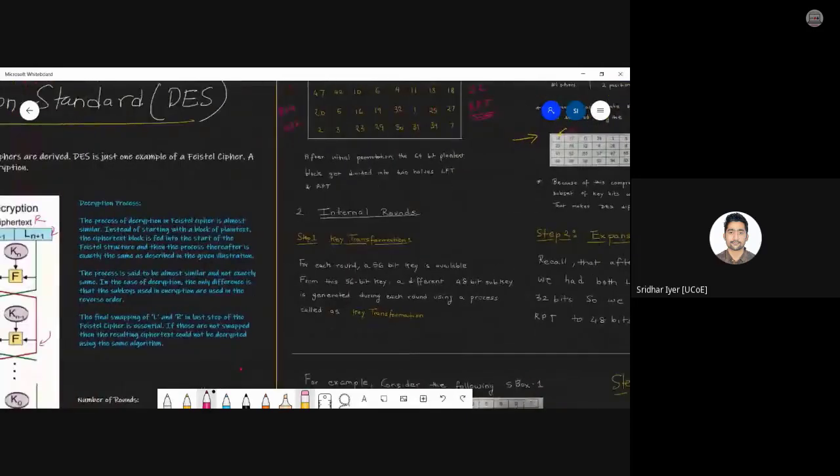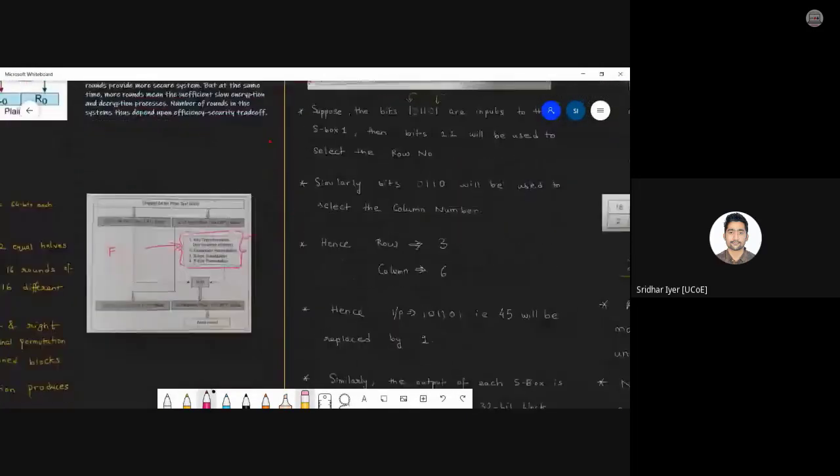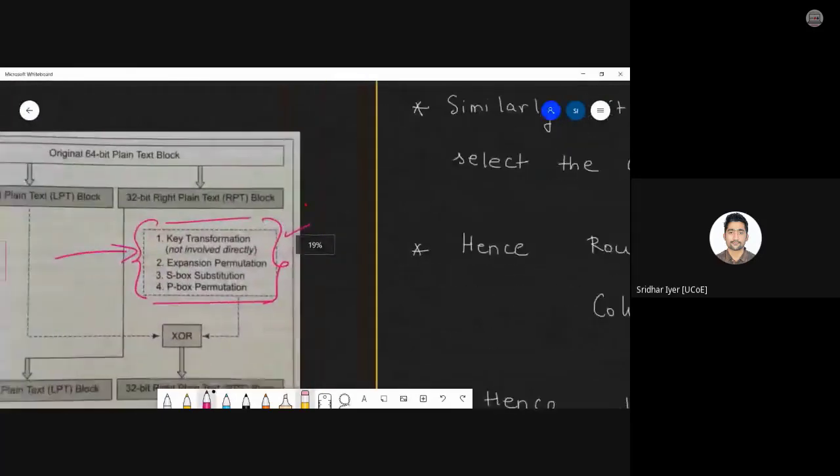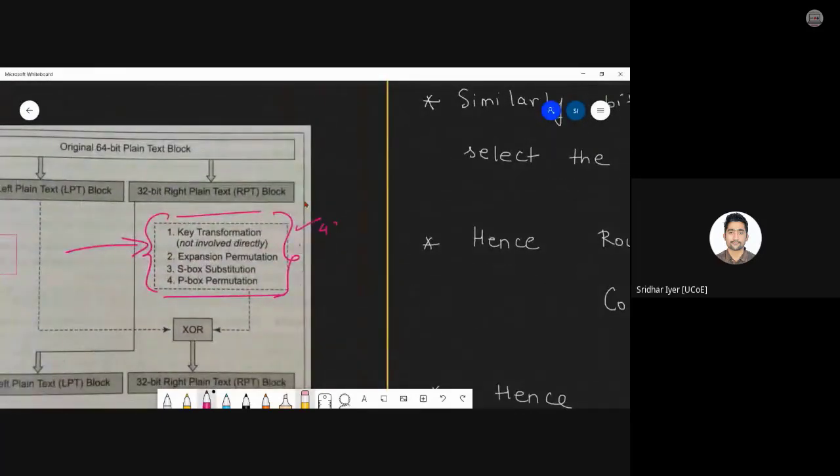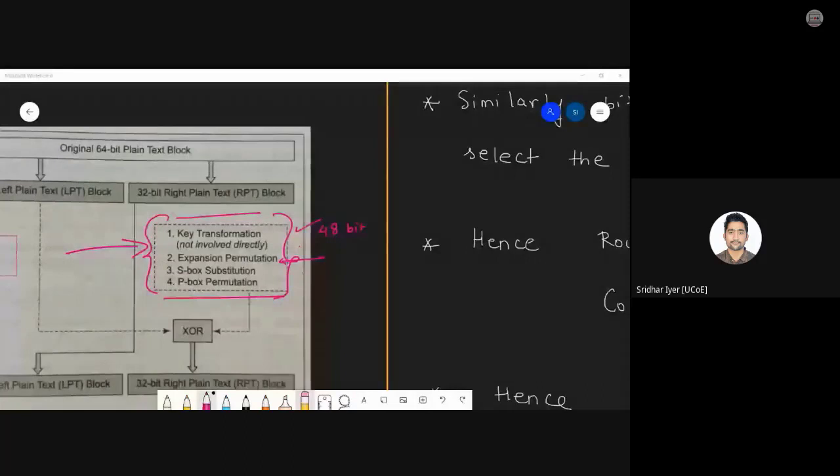Now, can any one of you tell me what this is? What is the significance of this round? If you're following this lecture properly, I expect an answer from you. Why are we doing some sort of expansion? Is any answer available from you people? Kindly let me know. Yes, come on. Forget about the permutation part. Just focus on the expansion part. What is the thing that we are expanding and why? Yes, come on. I expect answers.